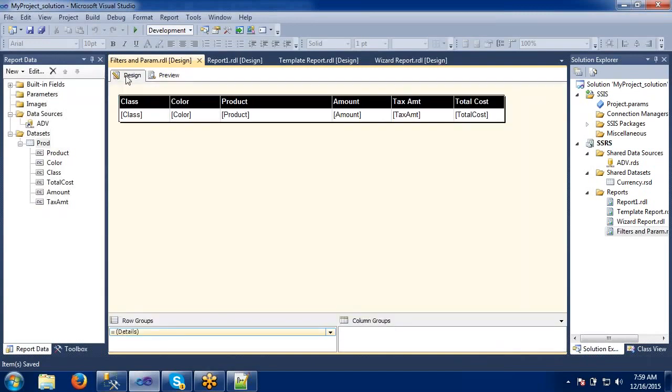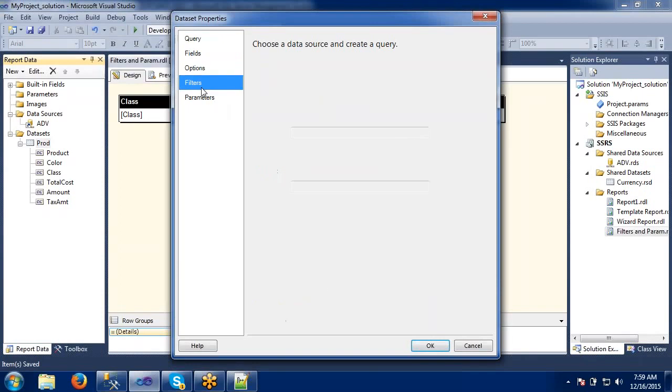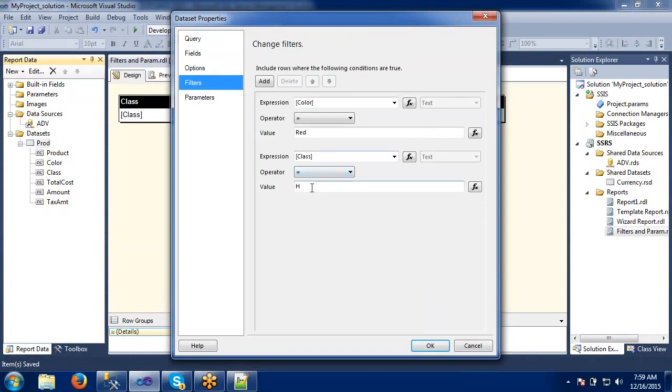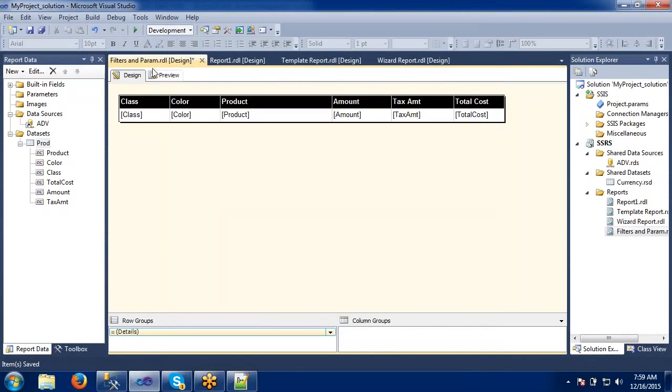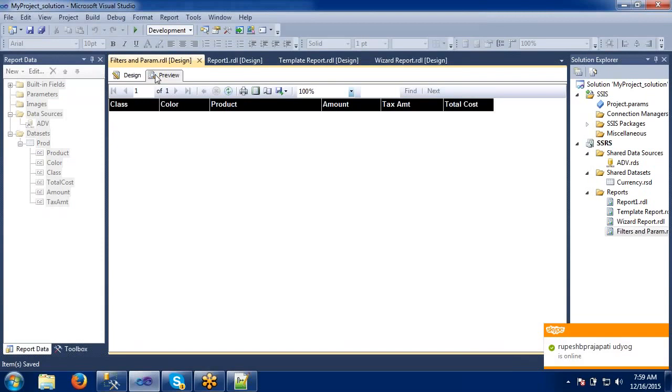The query is working fine, but we don't have the data for that one. So let's change it here and give it middle class. I think for this also we don't have any data.